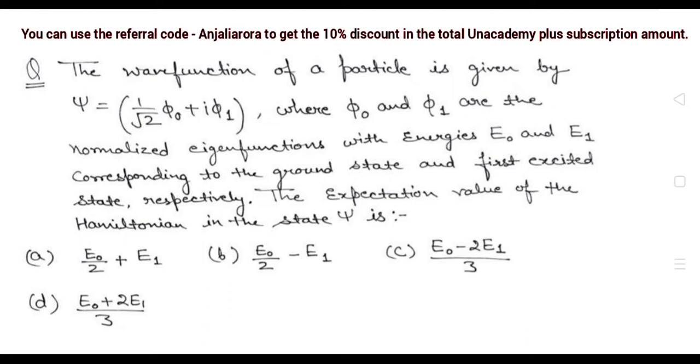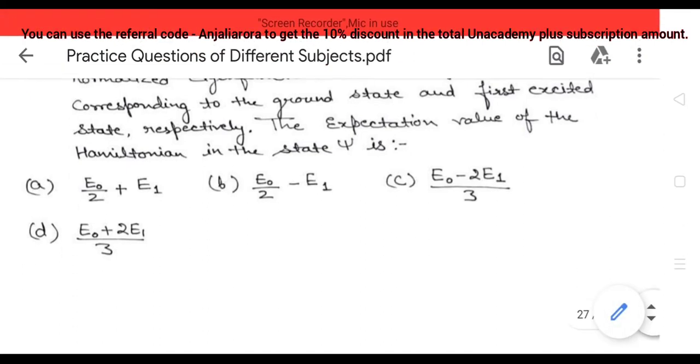Now the point is, what we mainly need to find is the expectation value of the Hamiltonian in this case. And we know that there are different formulas to find the expectation value, like one is the Dirac notation, and the other one where we write summation over n, E and Pn. If we want to find the expectation value of energy, we can even use this one. So which one is the best one? I'm going to show you one complete solution with the first method, that is related to Dirac notation. Have a look at this.